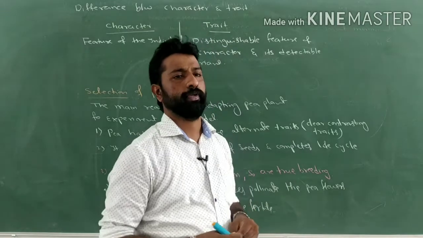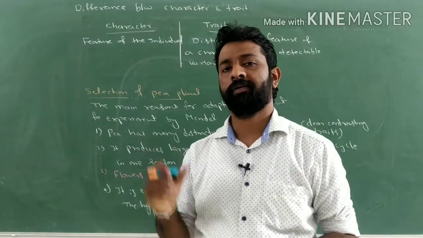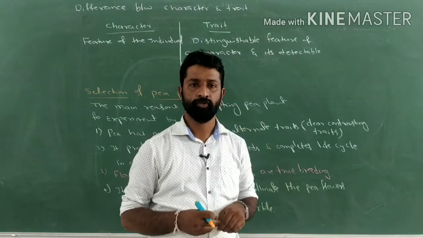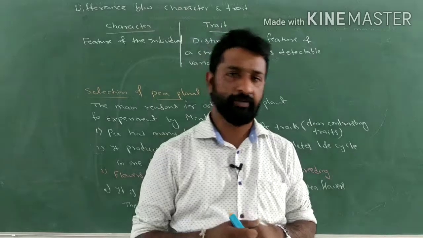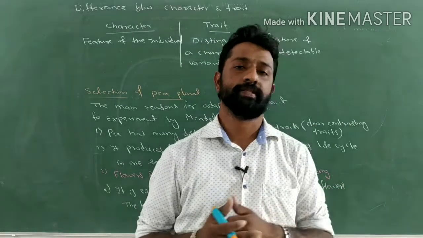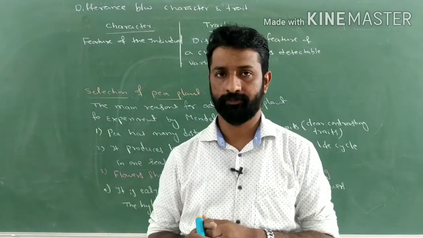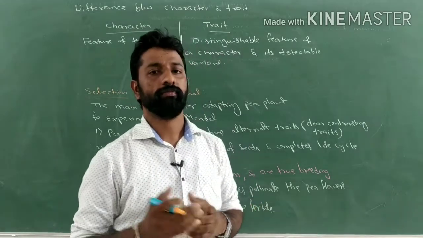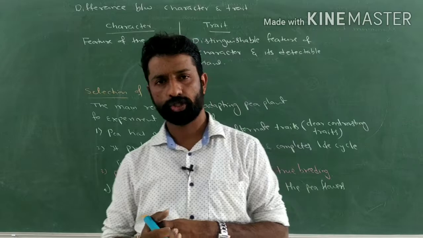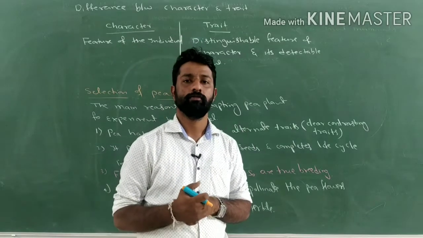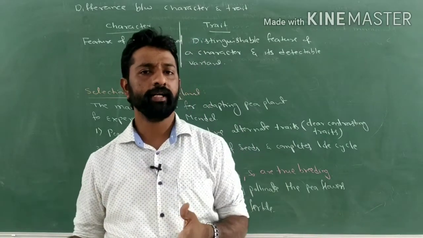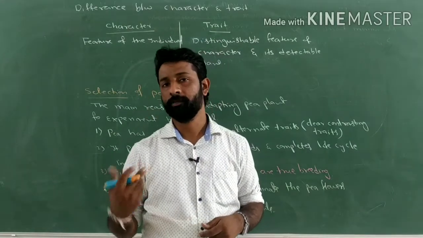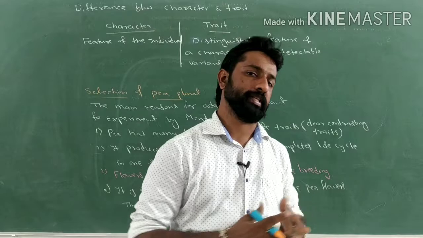So in the previous class we got to know that Mendel was the first person to consider one to three characters at a time during hybridization experiments. That was the secret of his success in genetic experiments, that is cross hybridization experiments. So only he is considered the father of genetics. Gregor John Mendel is considered the father of genetics, and he conducted the cross hybridization experiments on the pea plant continuously for 7 years.